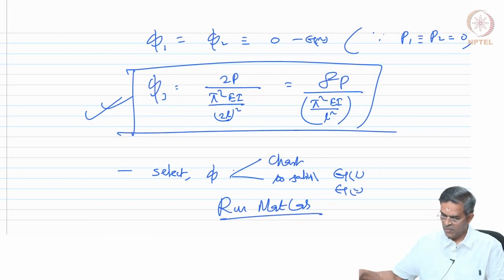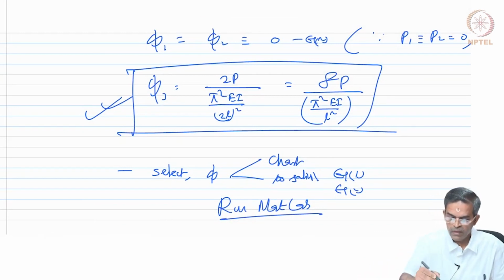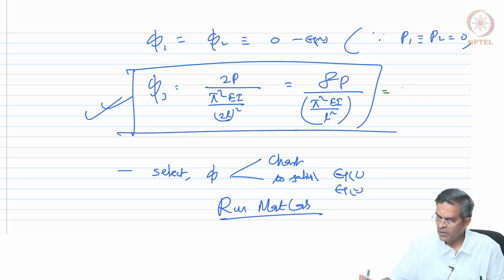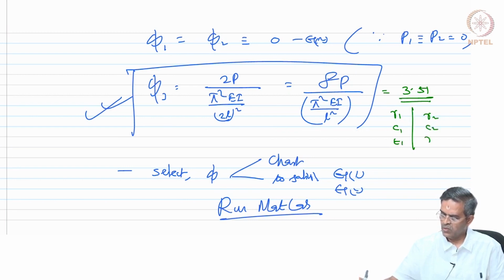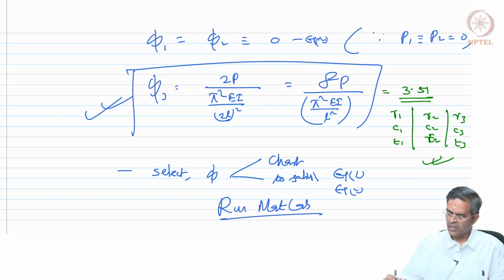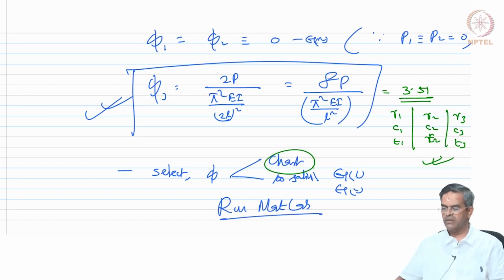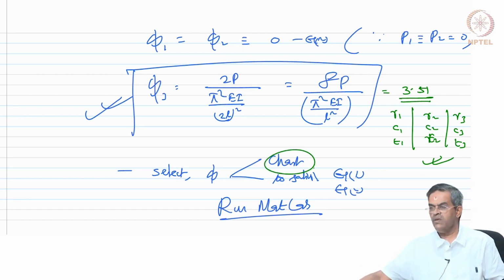So, we should say phi 3 was found to be 3.51 and the corresponding R1, C1 and T1, R2, C2 and T2, R3, C3 and T3 can be found out from the chart. I am not writing it here, so we can do that. So, if you have this value as 3.51,